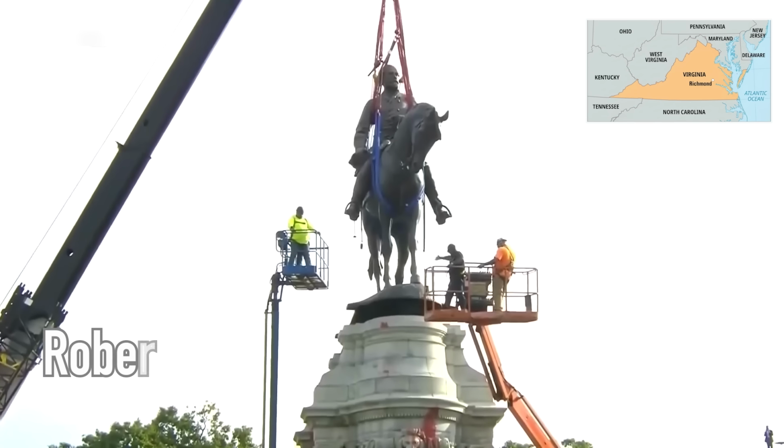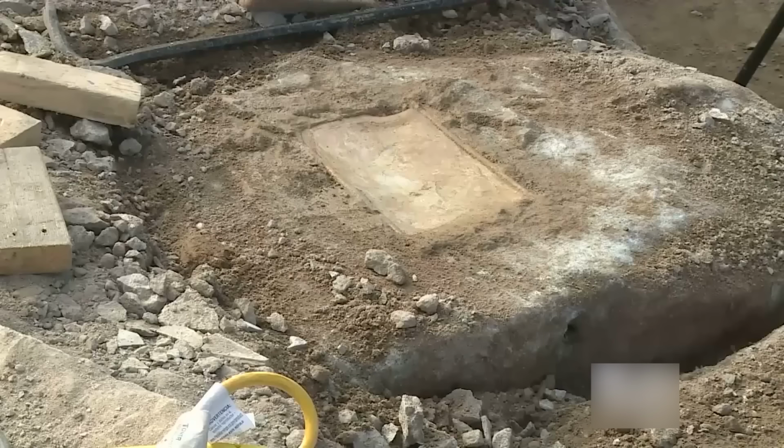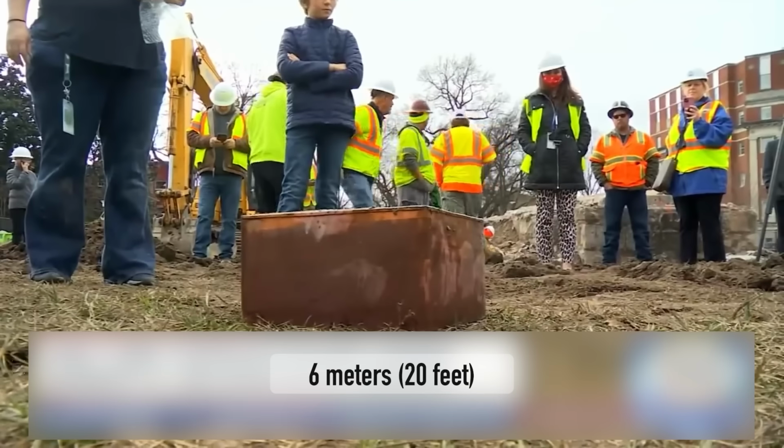When Richmond's Robert E. Lee statue came down in 2021, workers found something unexpected. A lead time capsule sealed in 1887, hidden 6 meters up inside a